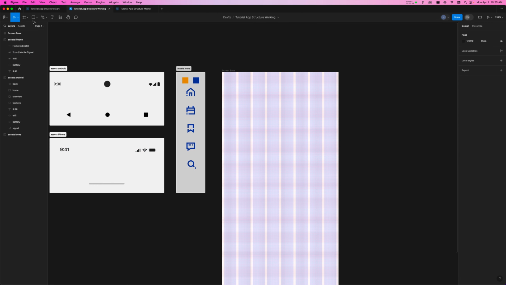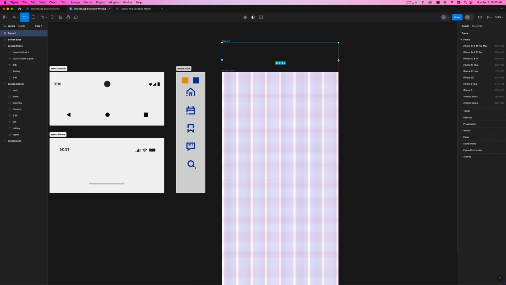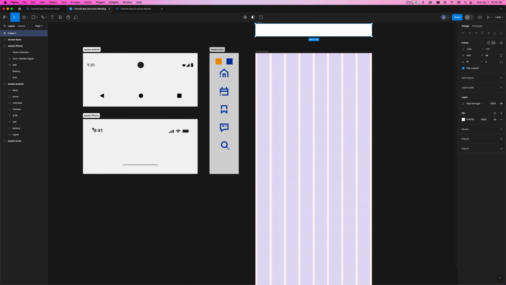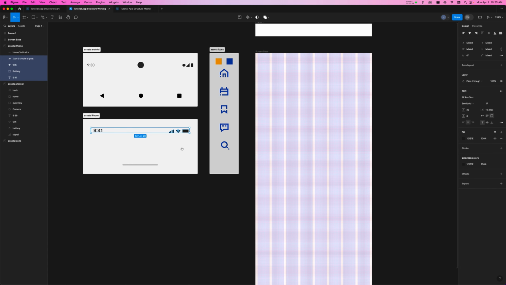I'm going to start with a frame, components, objects. Usually you want to start with a frame. I'm going to use this as my reference. I'm going to make this about 48 tall. This is something that you can edit. The whole point of creating a component is so you've got the central point for editing these things. So if they're not perfect, you can always